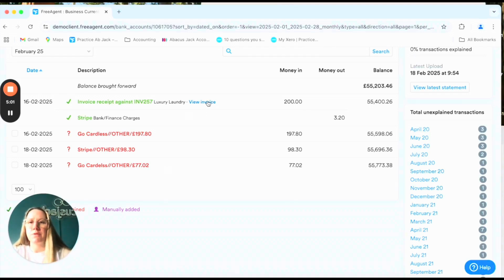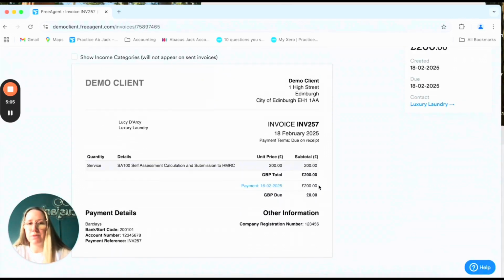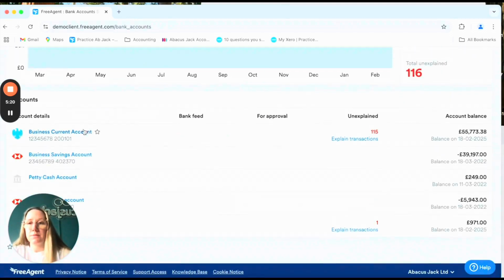So if we review the invoice again, it's received full payment, even though Stripe didn't send us the full payment, and that means that we're not going to chase it for late debt through any automated reminders, and it's not going to be on our aged debtors report. If we go back to the bank account again,